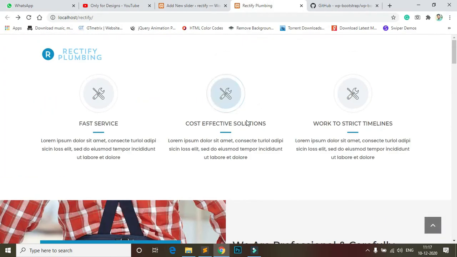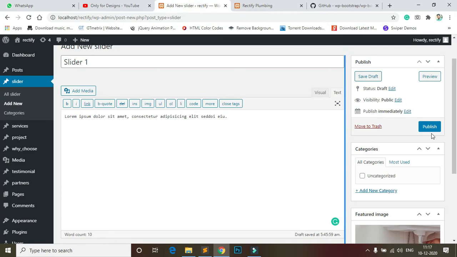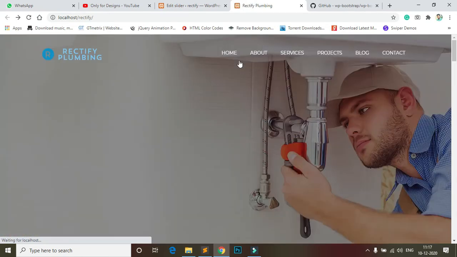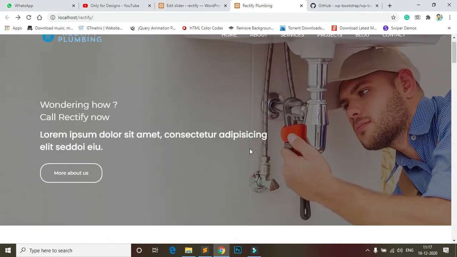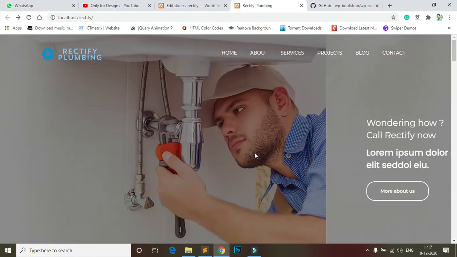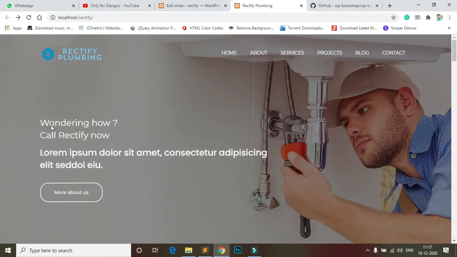You can see my slider is removed. Now if I publish here, and now if I refresh here, you can see it's done. But you can see a CSS issue.